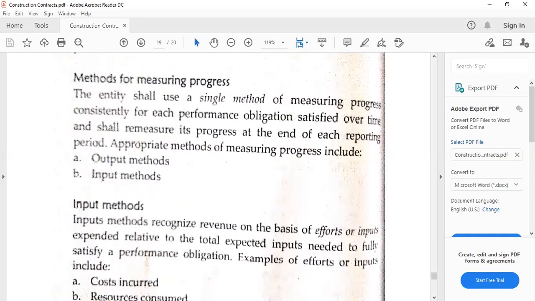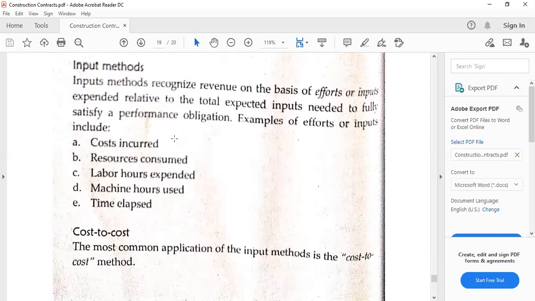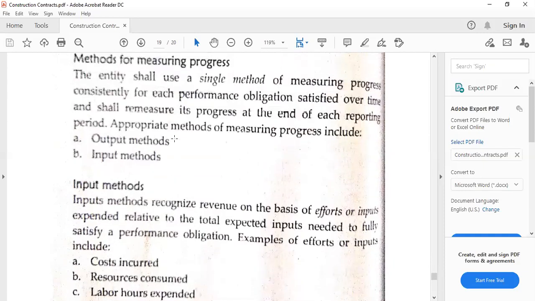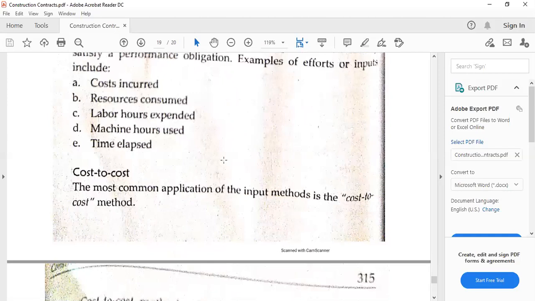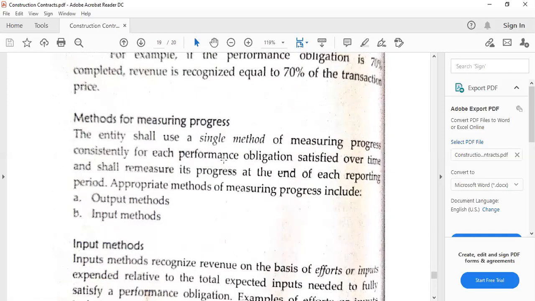Then for the methods for measuring progress, we can make use of either input methods or output methods. I mentioned input methods because this is really the common one. The first part here is cost to cost, but that will be discussed in our part 2